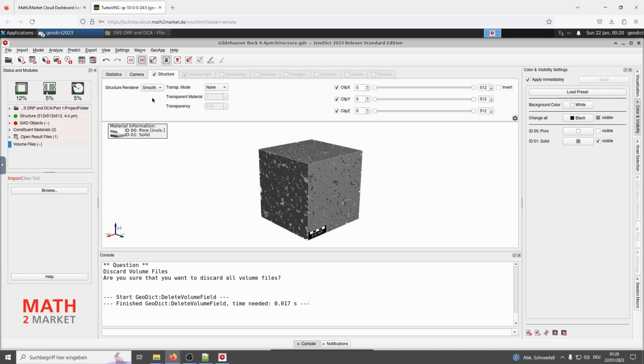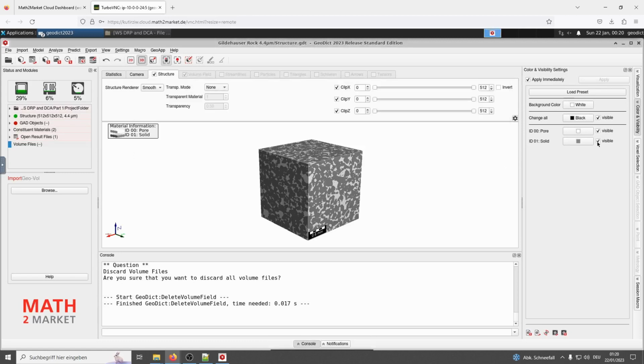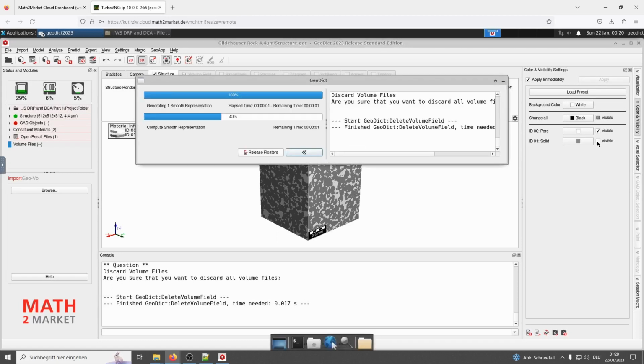We can also visualize the pores alone. Check pores. And uncheck visible from the solid.